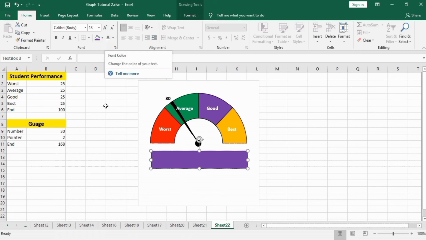This white color is selected already. Now I will write speedometer chart. From here you can select center, and our speedometer chart is ready now.